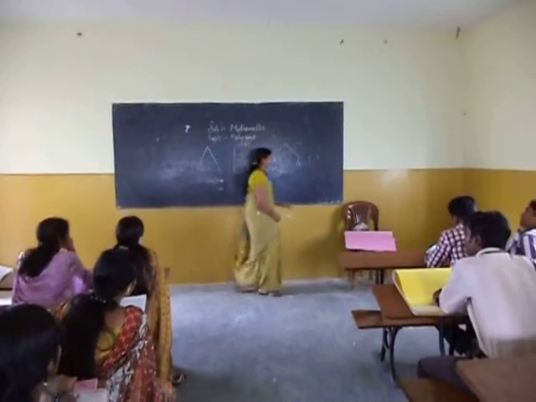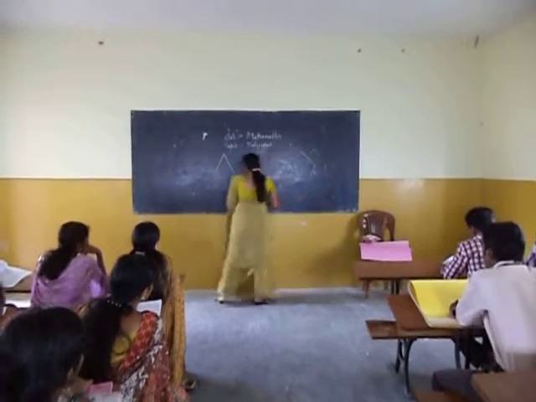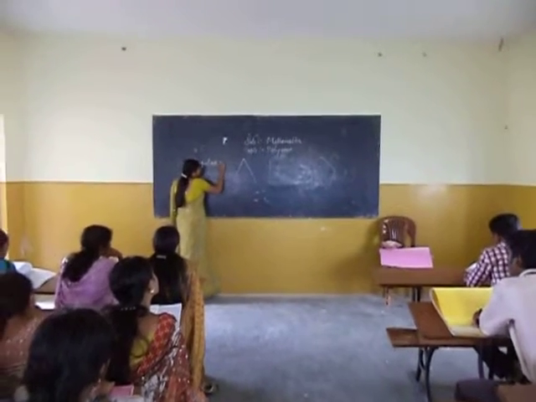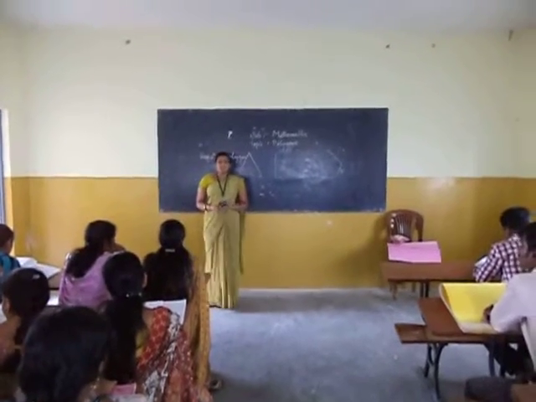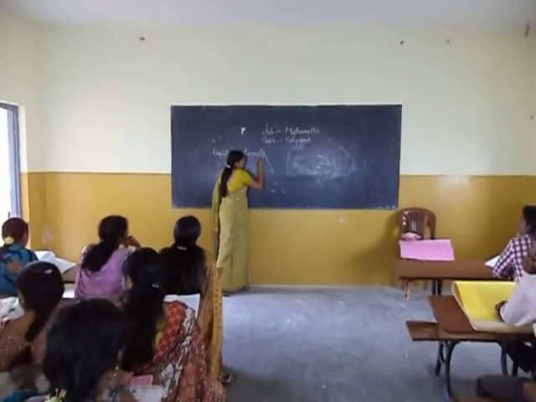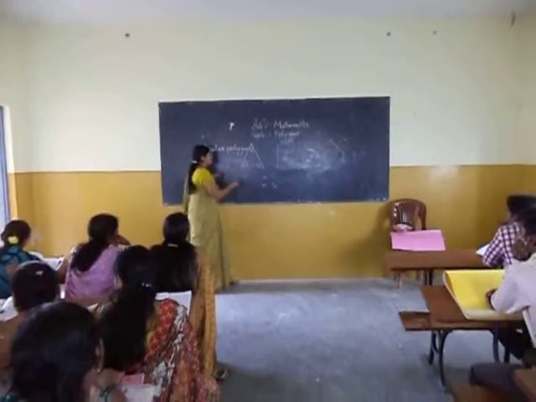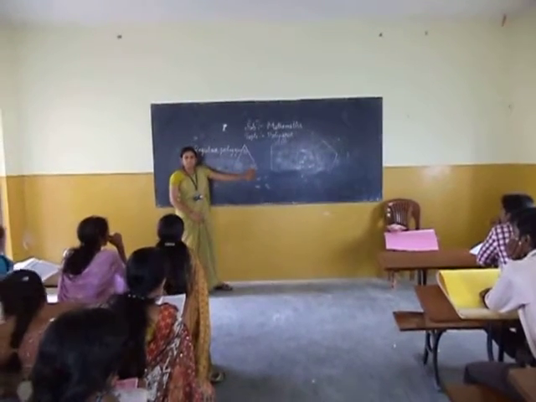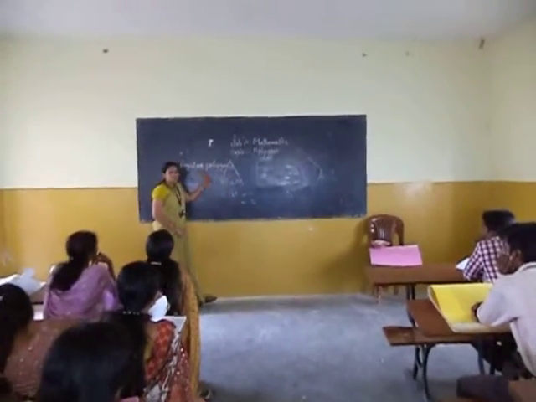And the regular polygons. Then move on to the regular polygon. Regular polygon means the sides are equal and the angles are equal. Each angle is 60 degrees. The total of the angles is how much? 180 degrees, so we add them to get 180 degrees. The angles are equal and the sides are also equal, so it is called a regular polygon.